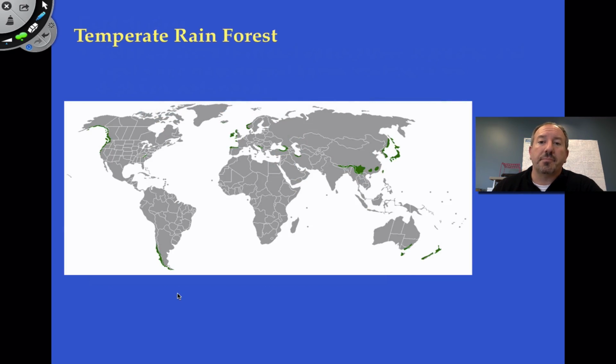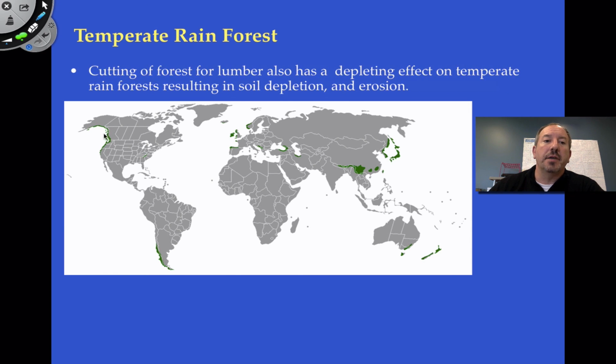And so finally, the last terrestrial biome that I want to talk about is rainforest, but not tropical, temperate. So we get these areas where it rains a lot, but it's not really that warm. And we have some over here in California. You might know that even these areas are being heavily logged as well because of the lumber. And so that's not so good either.